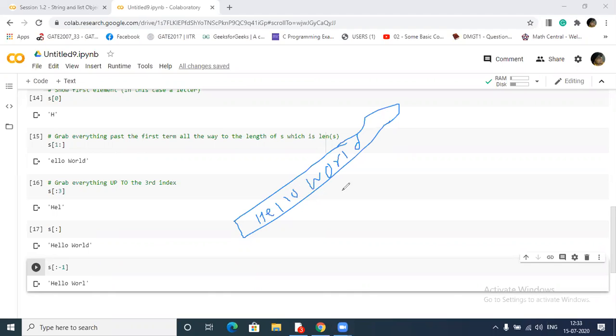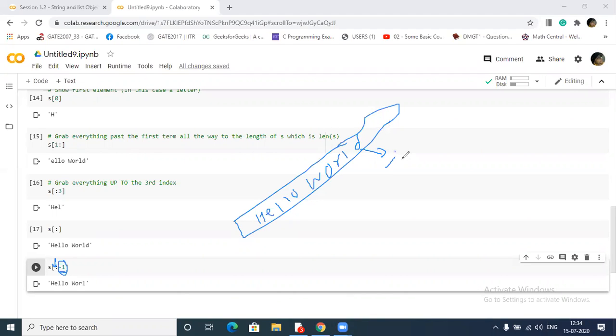Okay, so here you have passed from what point I have to start and till. Whenever you pass -1 here, it means it will go to the end.